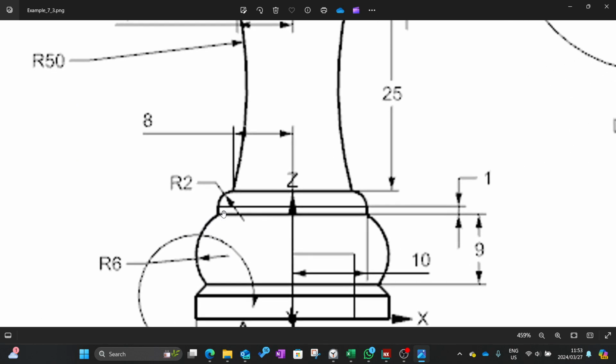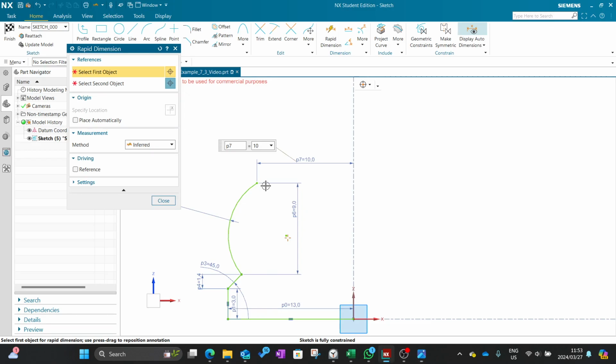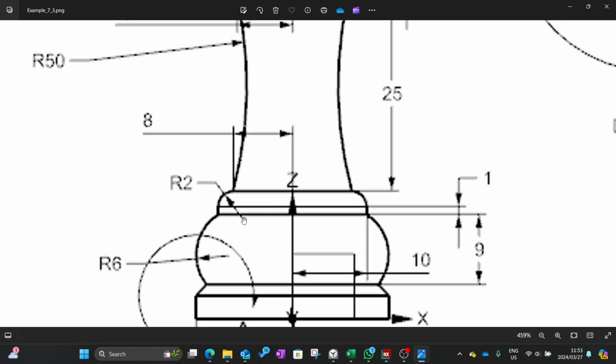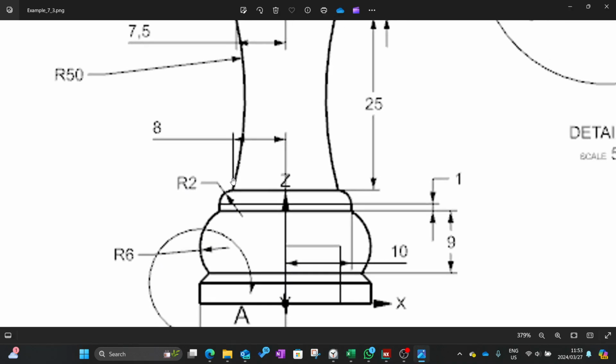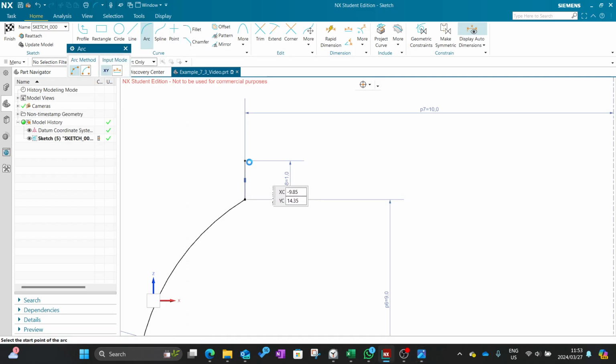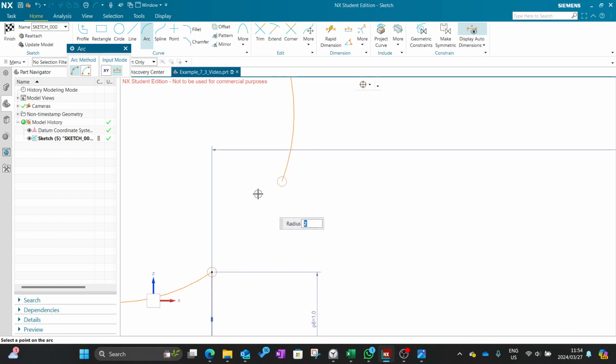So next up is a vertical line of 1 millimeter. So I'm going to go back to lines, 1 millimeter in the vertical direction, and then we have a curve of radius 2, and that point is 8 millimeters from the z-axis. So I'm once again going to use my arc by 3 points, somewhere there, radius 2. I'm going to specify it there,